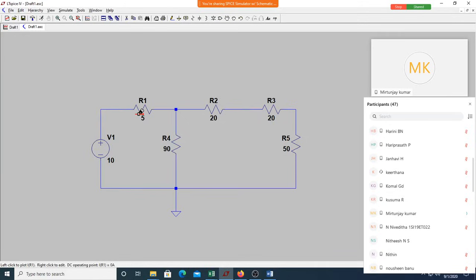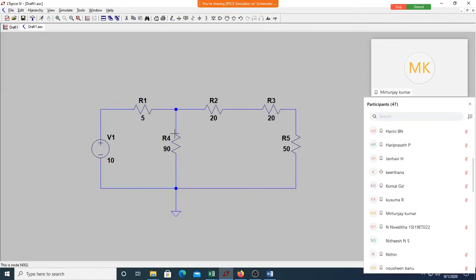Left to right. Is it the required direction of current that you are looking for? Yes, sir. So we will do that before we start any simulation. So here, through R2 also you are looking for a current going from left to right. So you can see how the current is.